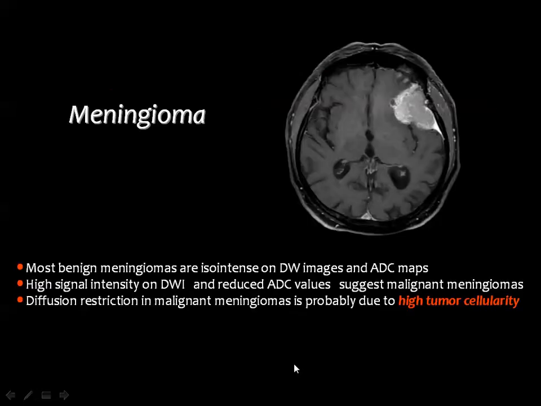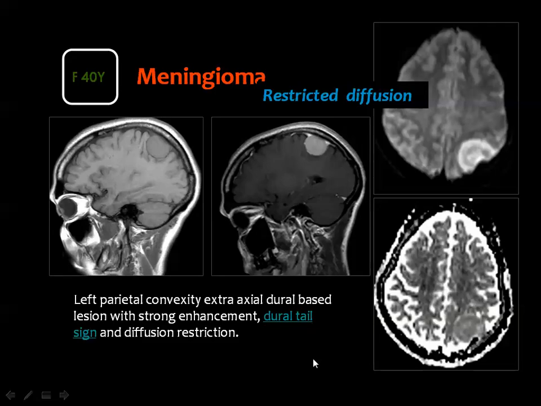Meningiomas are also one of the tumors known to have high cellularity. Then you expect that some types of meningiomas will appear with restricted diffusion, and this is an example. Convexity meningioma, almost low signal in the T1, and homogeneous post-contrast enhancement with characteristic dural tail. In the diffusion weighted image, you got bright signal, and in the ADC, you got low signal, meaning that you are dealing with